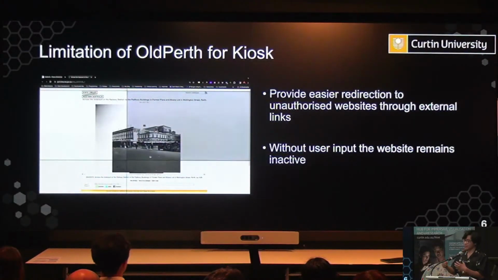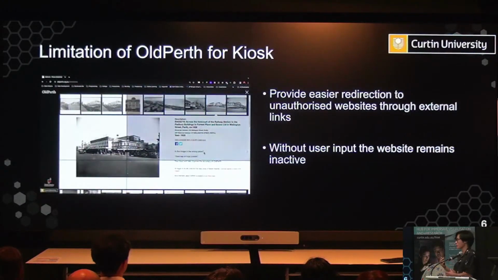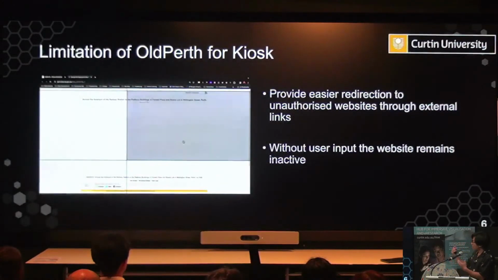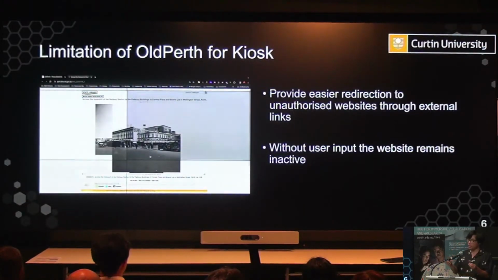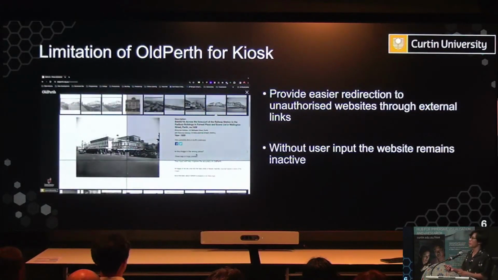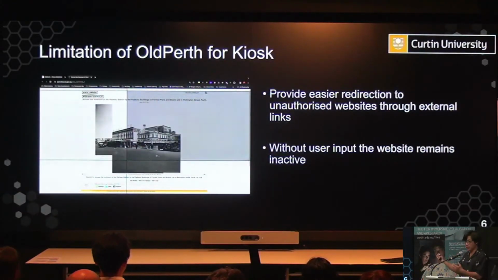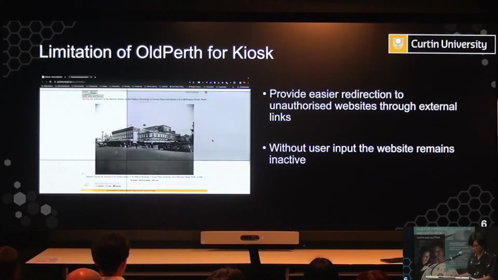And for the Kiosk version, we absolutely do not want that from happening. And the website remains inactive as long as there's no user interaction right now. And for the Kiosk version, as I mentioned earlier, we want to be able to capture users' attention by automatically loading some images from different locations. And finally,